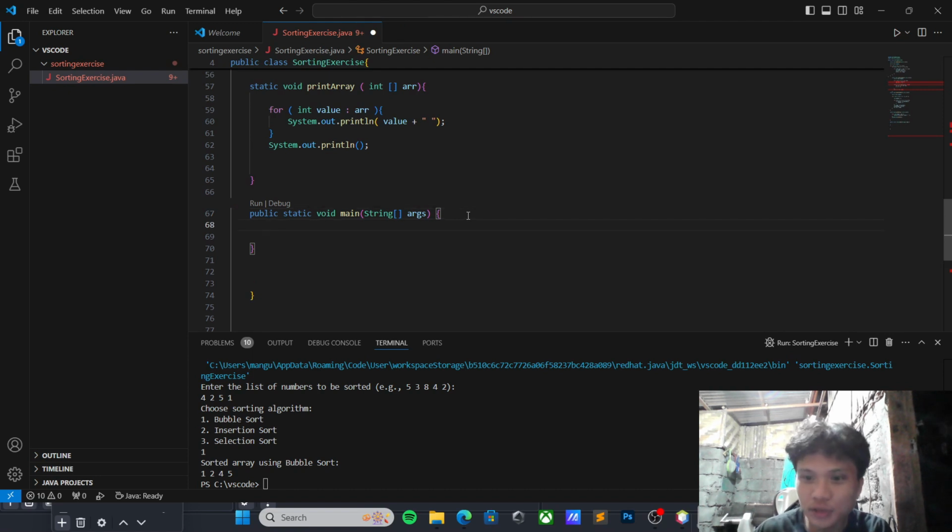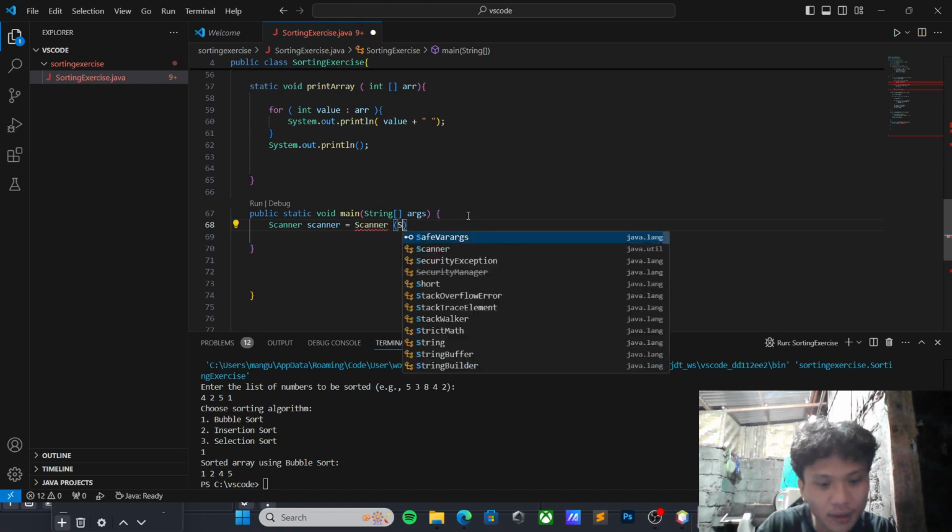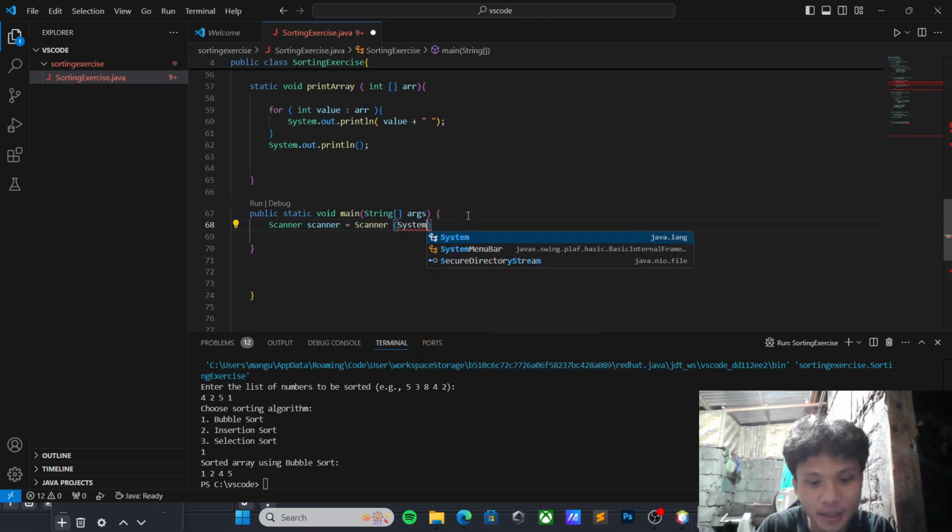So now as we import the Scanner, we have to create an object. Scanner equals new Scanner, System.in.